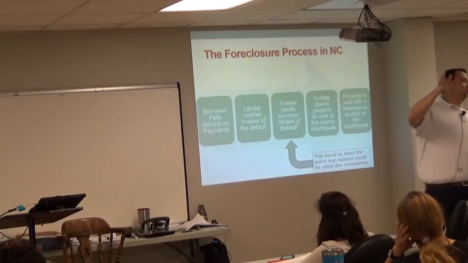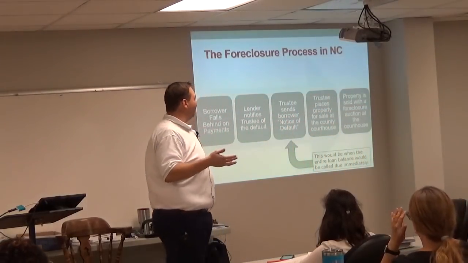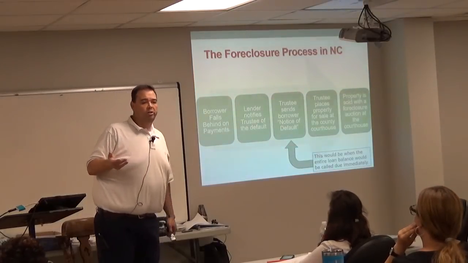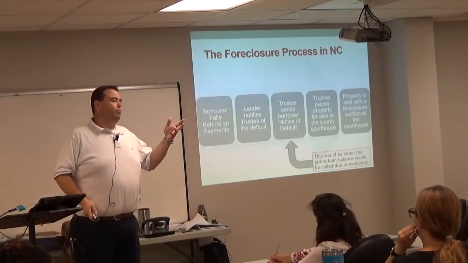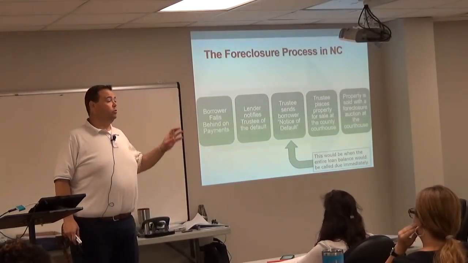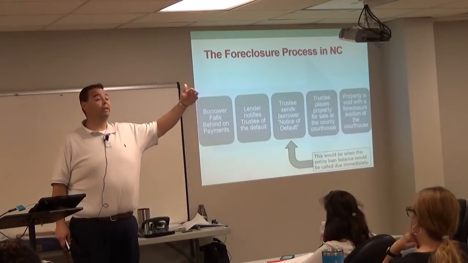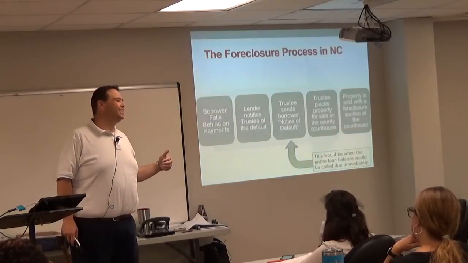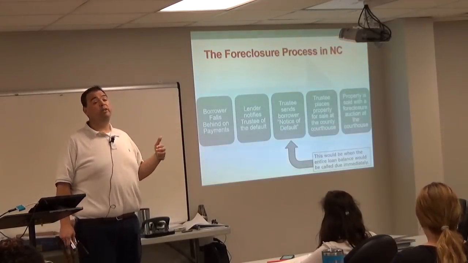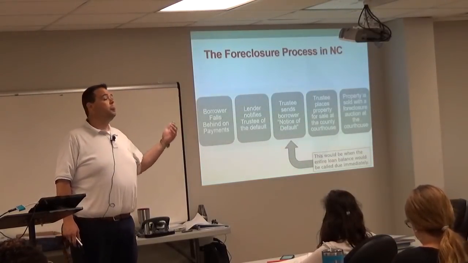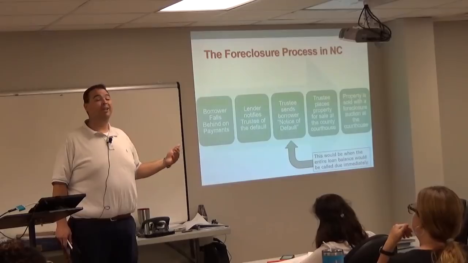So now we've got bids going on. And eventually those bids are going to be finalized, and then that's when the auction becomes final. We're going to talk about when that actually is. A bid has an upset period. In other words, there's a certain amount of time after a bid is placed that somebody can come in and outbid that bid. In North Carolina, that's 10 days. So from the time any bid is placed in a foreclosure auction, that bid has to sit there for a 10-day period, and during that 10-day period, anybody can come in and upset the bid.